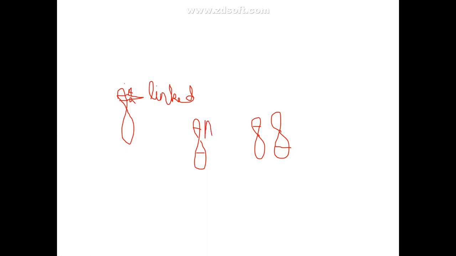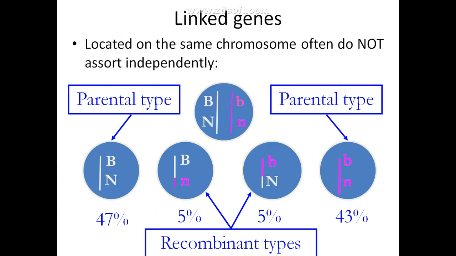Here what happens, they are far apart from each other on the same chromosome, or they are lying on different chromosomes. So here they can get assorted independently. Okay, that is about the linked and unlinked gene. So during unlinked genes what happens, we will get a new combination. We will see here.